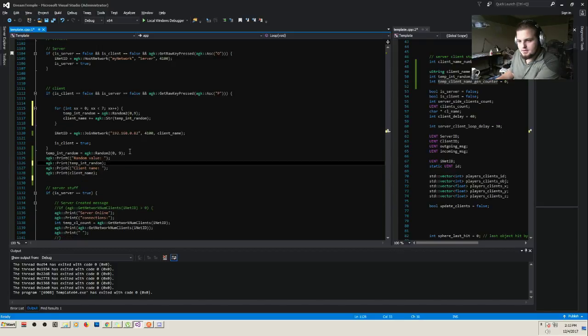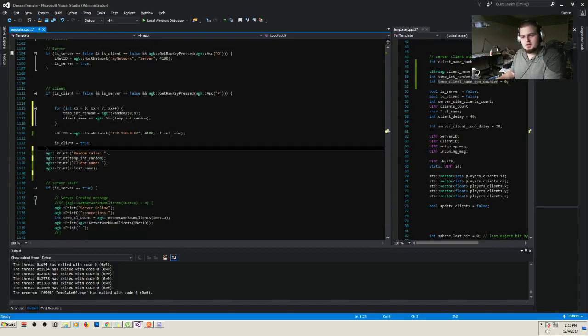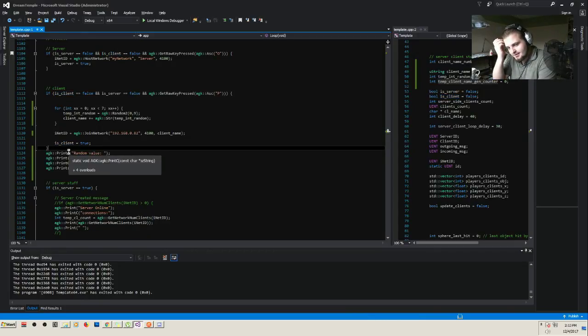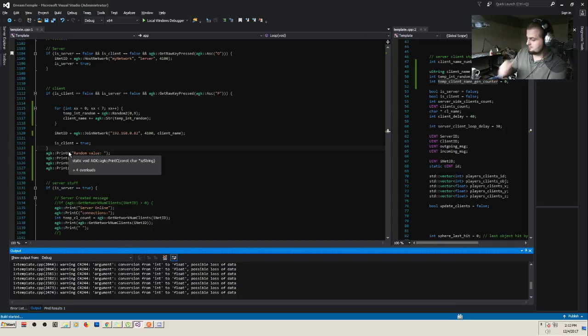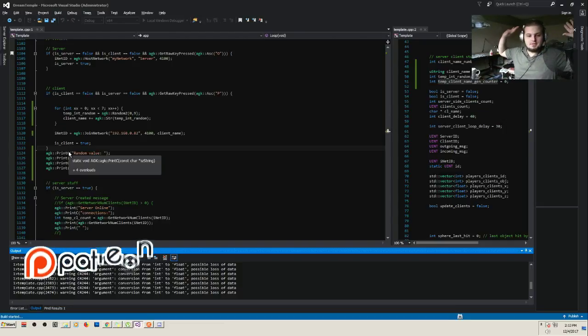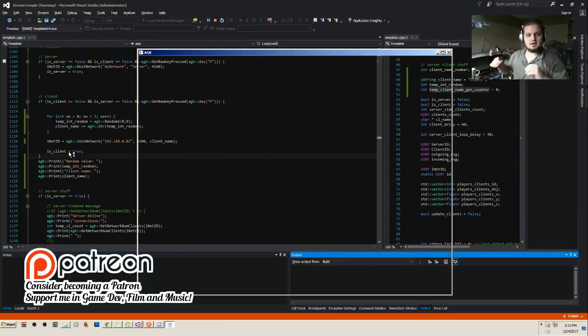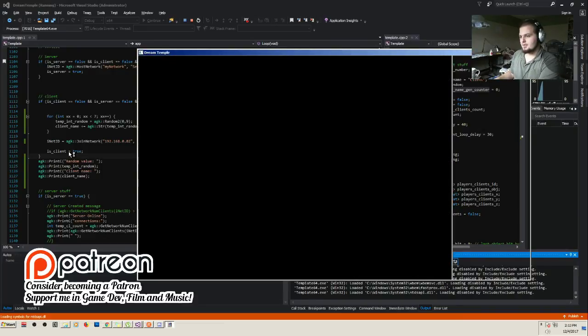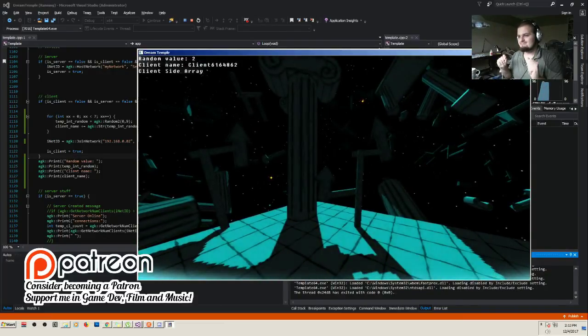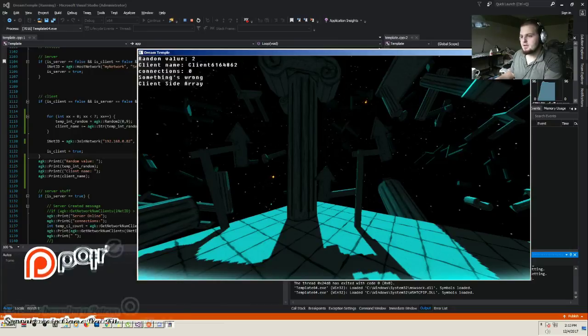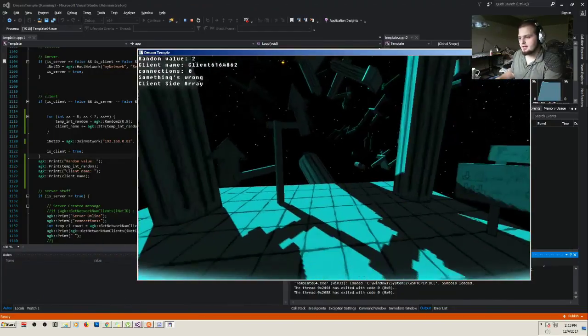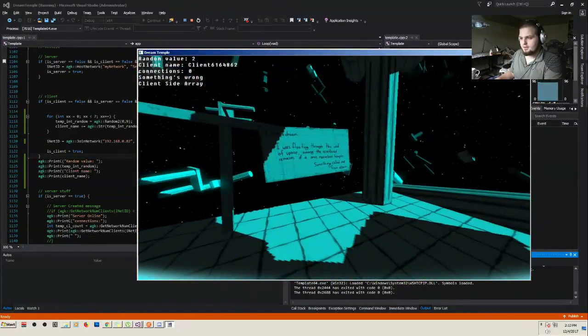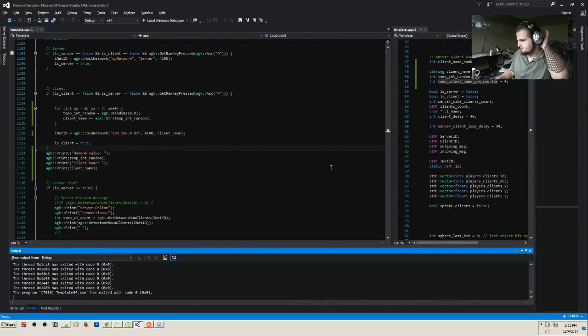Okay, don't do this. Don't do that. I'm sure it was working right from the get-go. Motherfucker. Oh, this is stupid. Okay. It's okay. It's working. Now watch it not work. Press P. There we go. Okay. Something's wrong, client side array. Yeah, that's fine. So now that we have this random client number,